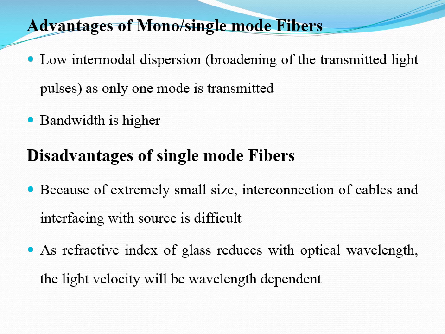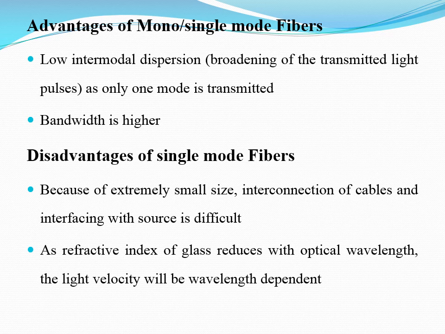So there is a possibility of very low intermodal dispersion. Probably there might be no dispersion due to only one mode being propagated, but we cannot consider it as no dispersion. There might be a negligible amount of dispersion through this type of fiber, and the bandwidth is higher. Whenever the bandwidth is higher, the information carrying capacity of such fibers will be very high. So it can carry more information. So that is the advantage of a single mode or monomode fiber, in terms of loss and in terms of transmission.